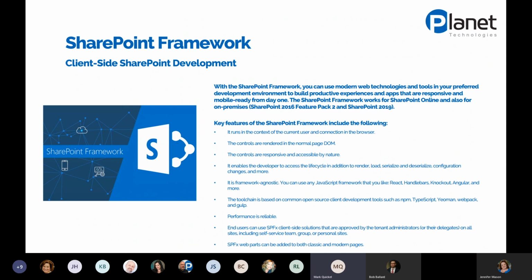It is a product that is growing in its capabilities, and it can do everything from writing custom web parts to also handling the customization of your headers and footers and how list items are displayed. So, in SharePoint, if you want to go into a